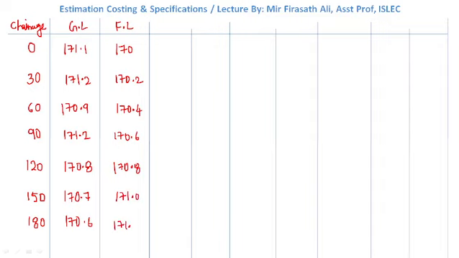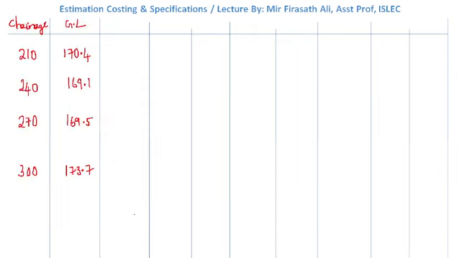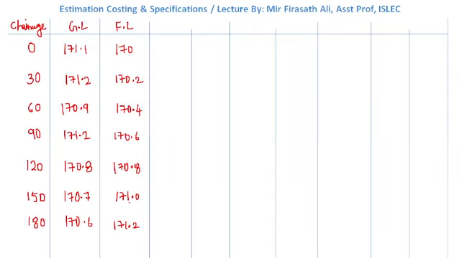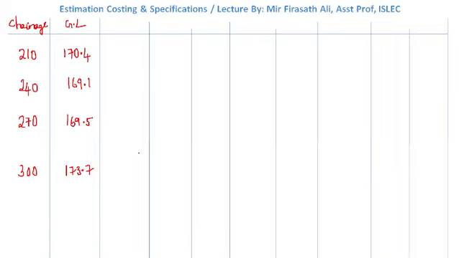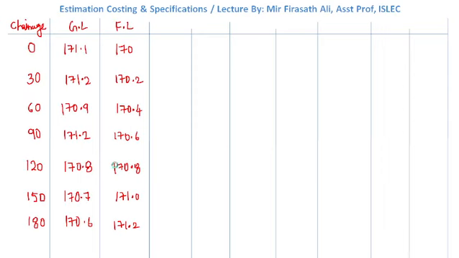It is 171.2. We just need to add 0.2 to the values. 171.2, 171.4. This is formation level. Okay. So, 171.4, 171.6, 171.8, 172.0. Okay. So, next, after chain edge, ground level and formation level, what is the next thing which we have?